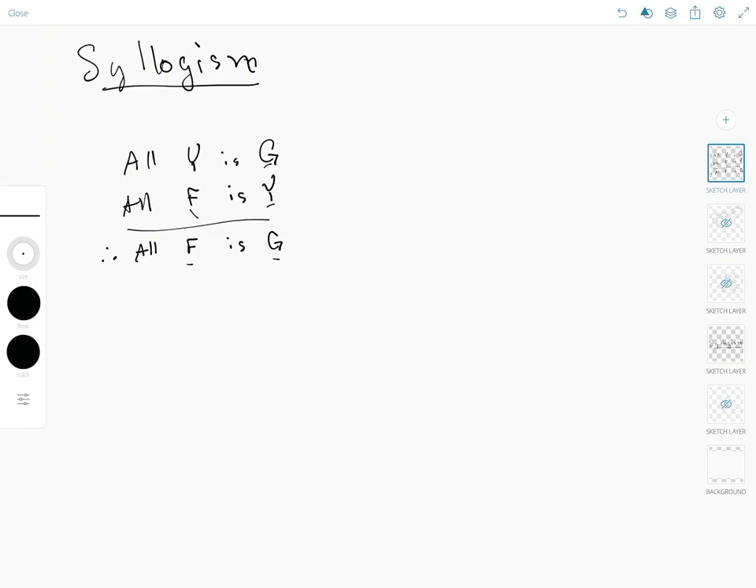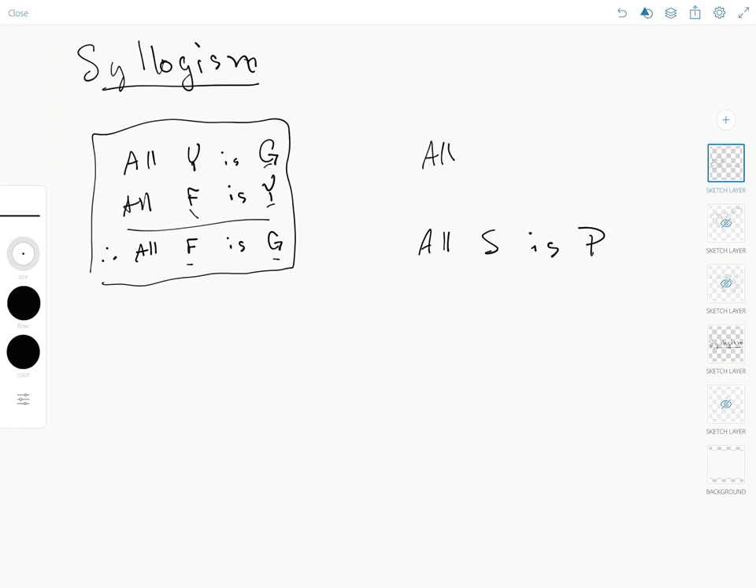All right, so instead of working with a specific argument with specific terms, let's adopt the approach that we took in our discussion of immediate inferences, and let's look at the syllogism just from the perspective of three categories and their relationships to each other, okay? In other words, we're going to substitute variables in. So for the conclusion, we're going to write all S is P,